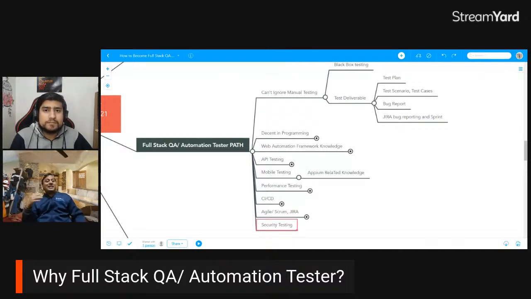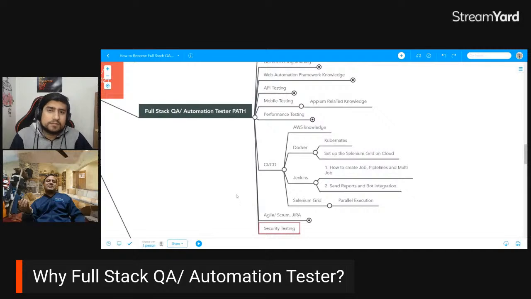CI/CD was not that important a few years ago, I think 2-3 years ago, because every company had a different team. But now, because QAs are becoming more and more technical, they are also getting more and more responsibilities, right? So even if a developer or DevOps team is there, they will not manage your QA server. You are expected to manage your QA server, and if they are not there and you are handling the customer environments also, then you are owning that also. So that's why Jenkins, Docker, Kubernetes, I think these days Kubernetes is getting popular also. All that knowledge is important.